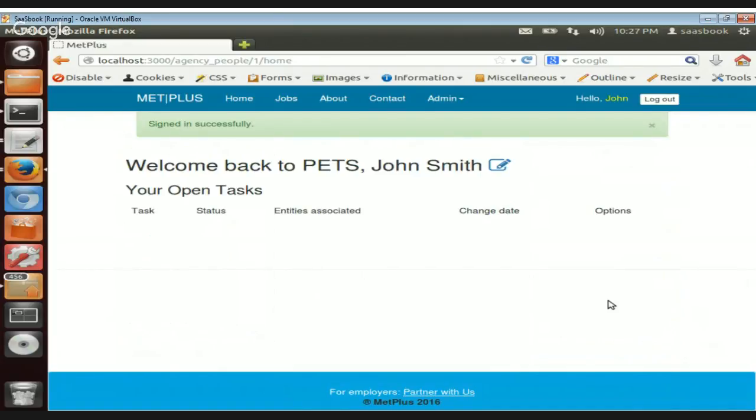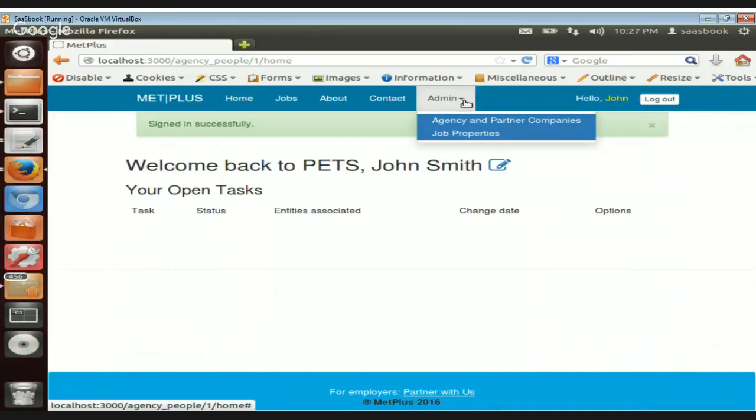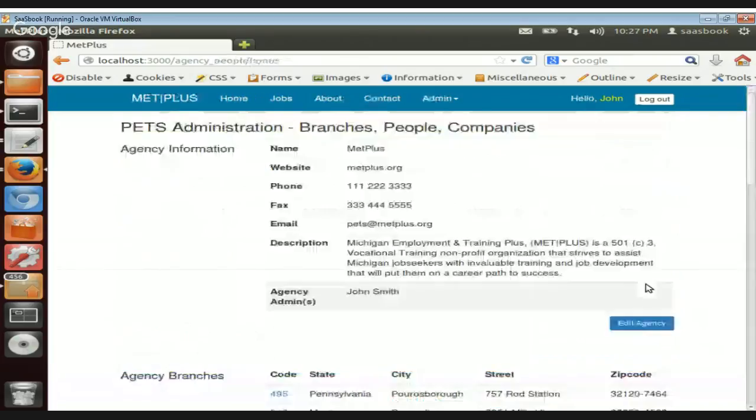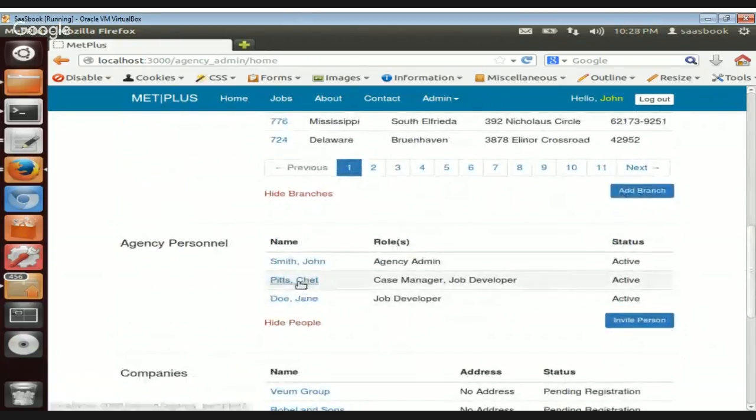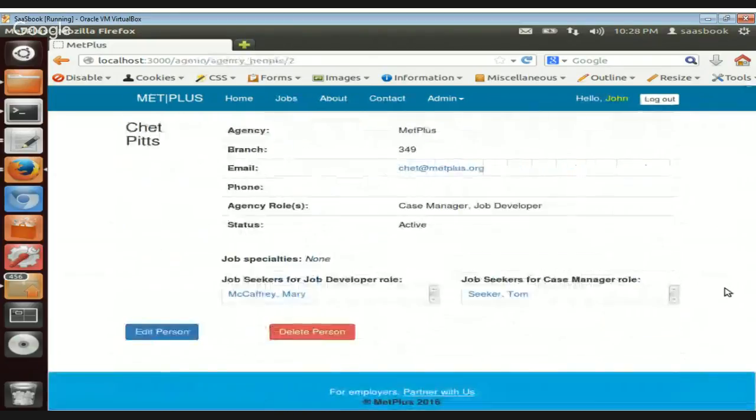So on the admin, pull down, go to agency and partner companies. And then scroll down to agency people. And then click on Chet's name there. And he does have a job seeker for case manager. Yeah. So what is going on there? So let's